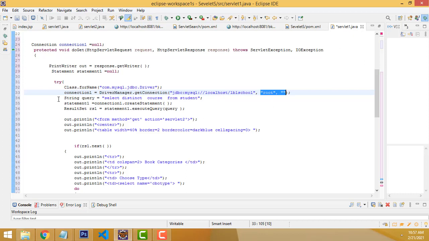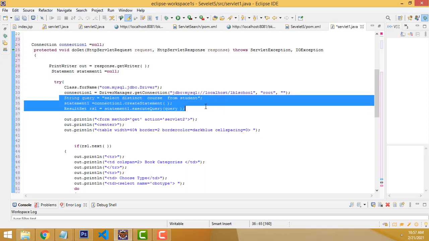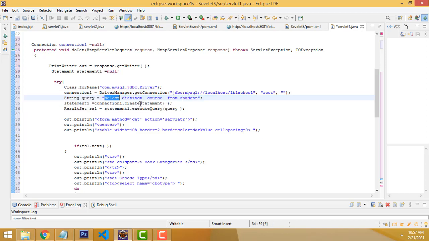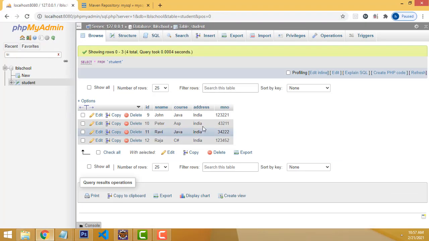After that, here we have to load the courses, select distinct. The purpose of the distinct keyword is to avoid duplicate values. Duplicate values means, for example, when students have the Java course, I am loading only this table, so the duplicated value Java should be displayed only once.